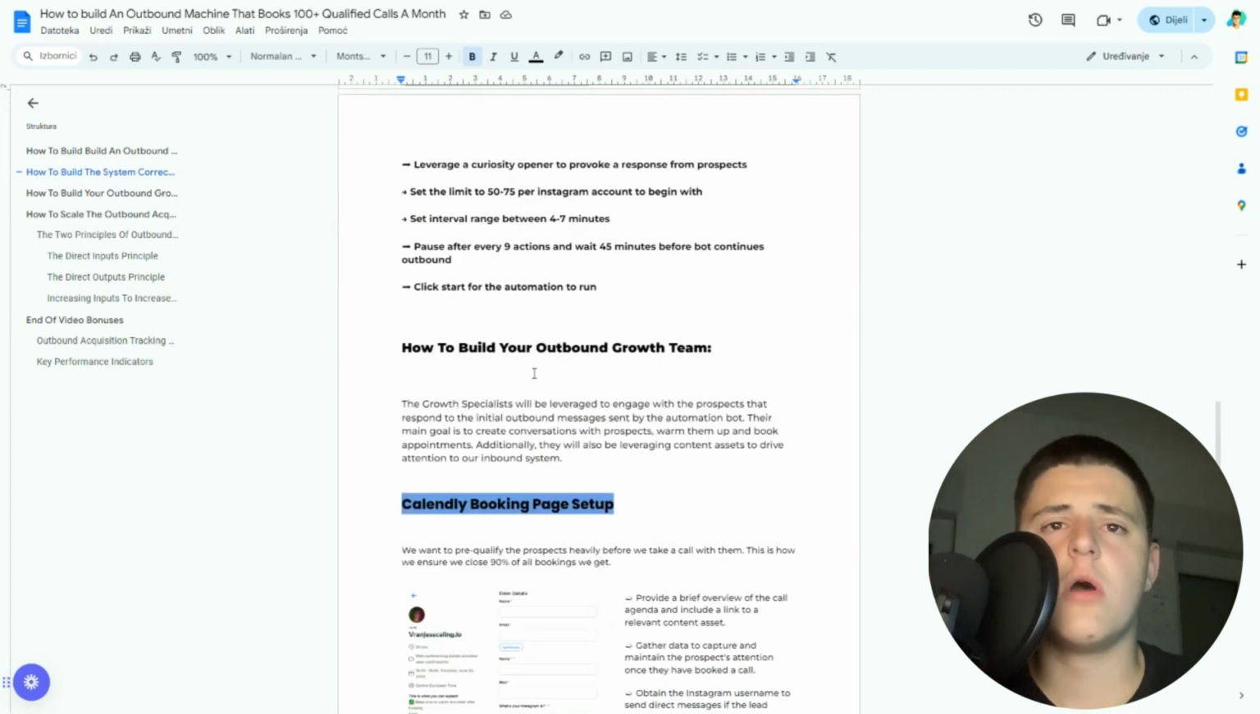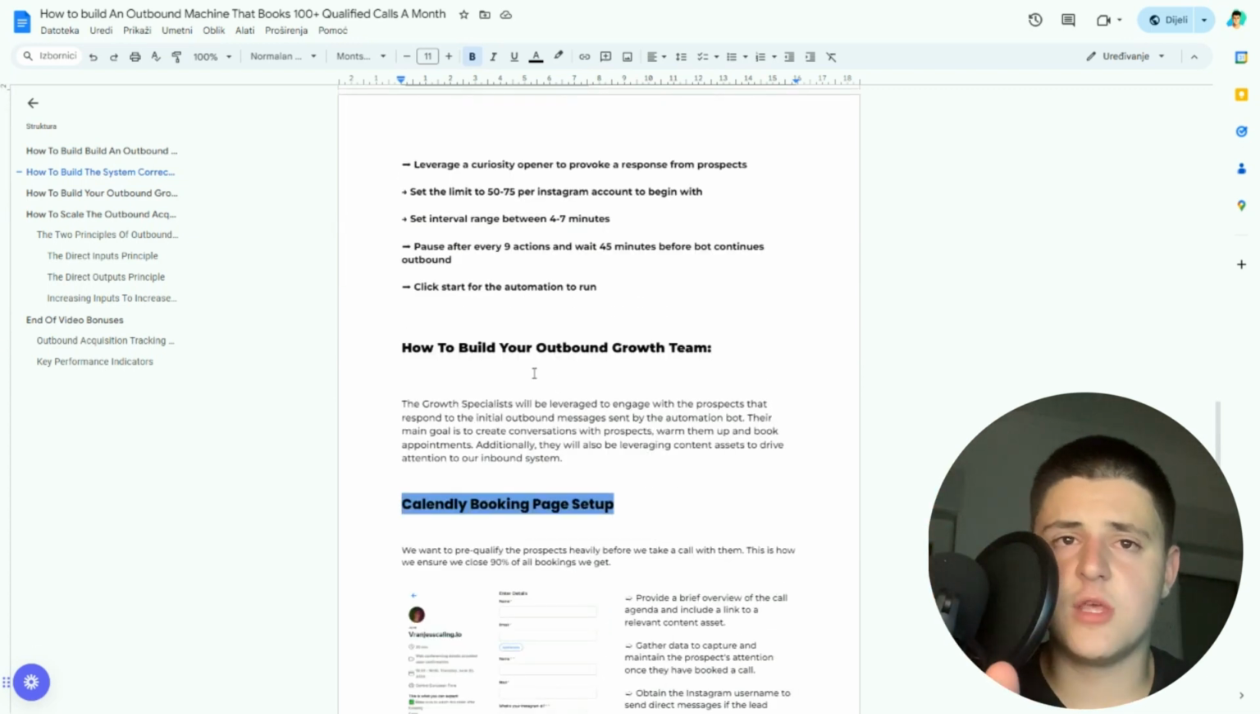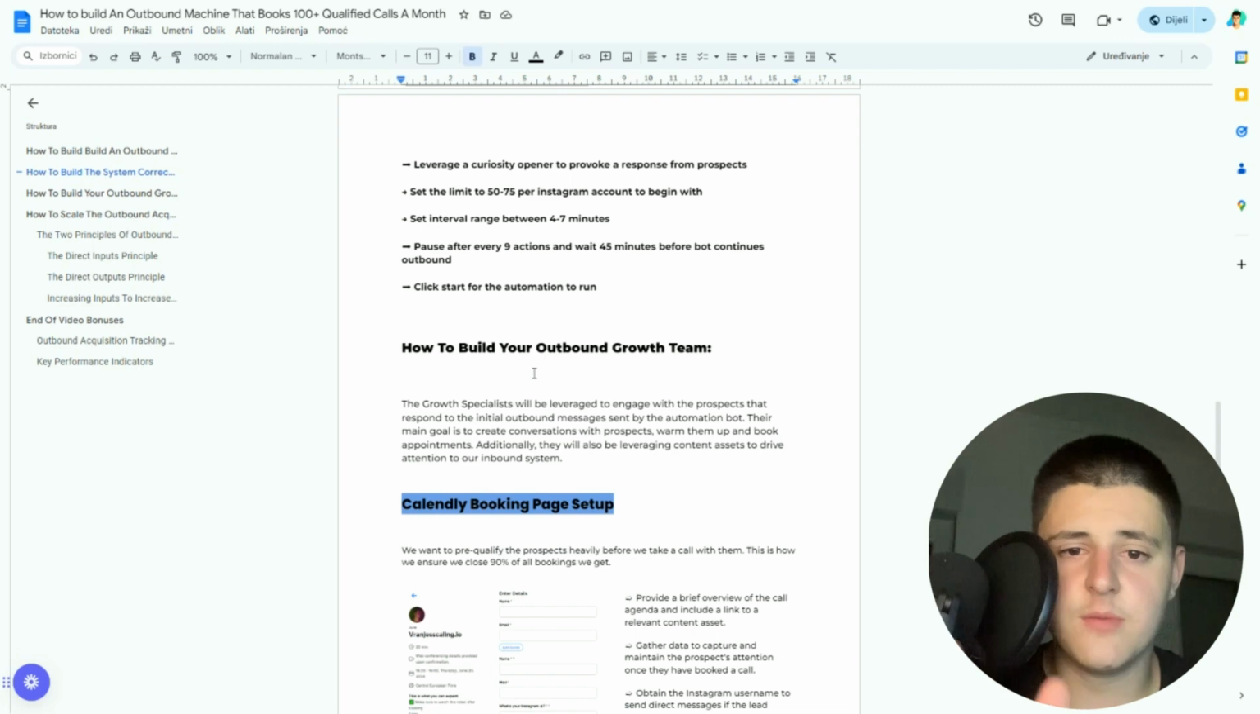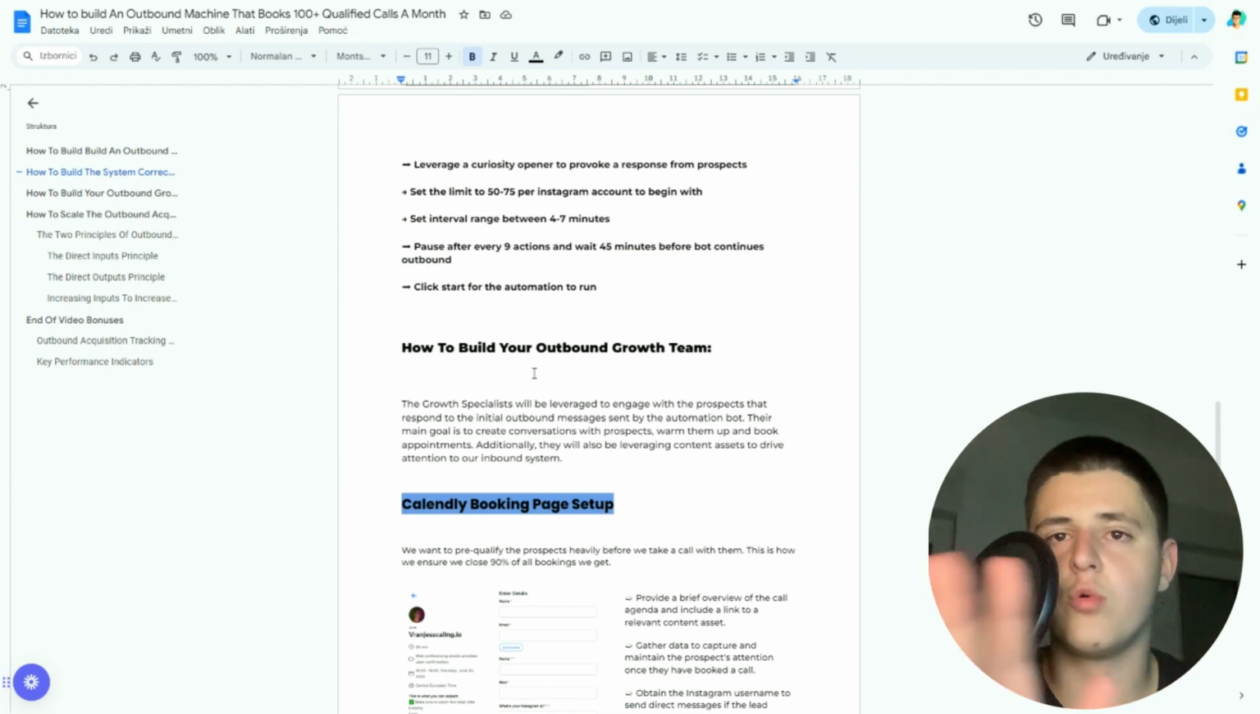So how to build your outbound growth team? The growth specialist will be leveraged to engage with the prospects that respond to the initial message. You will give the SOP that I gave you here to your growth specialist, and they're going to leverage this, and their main goal is to create conversations with prospects, warm them up and book the appointments. Additionally, they will be leveraging content assets to drive attention to our inbound system, which is going to generate more calls for us and get more views to our videos